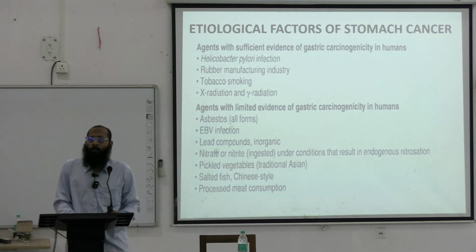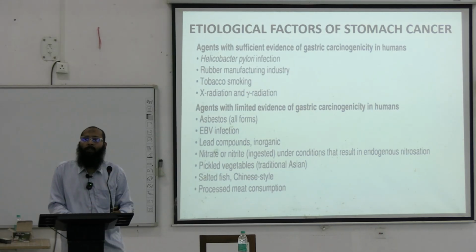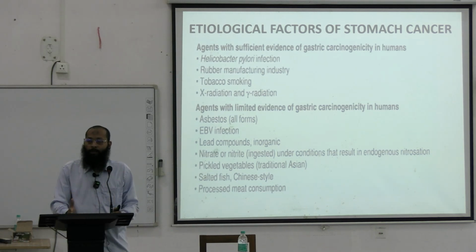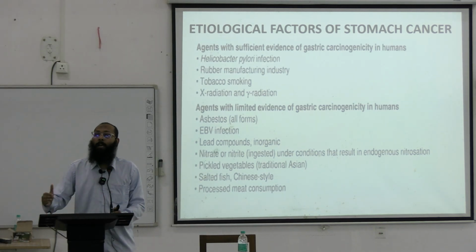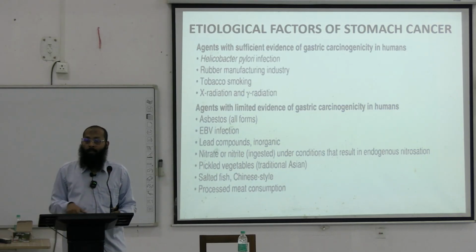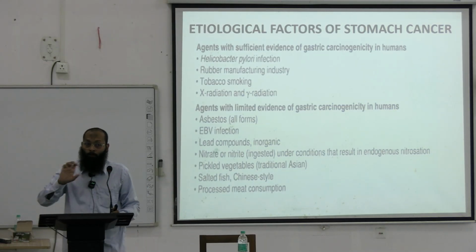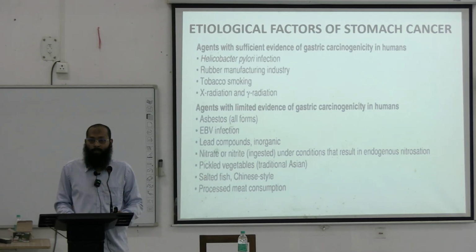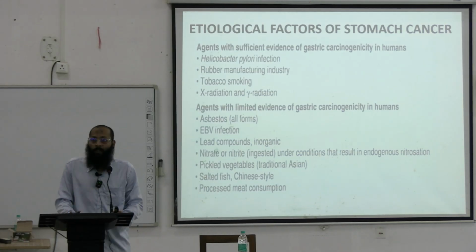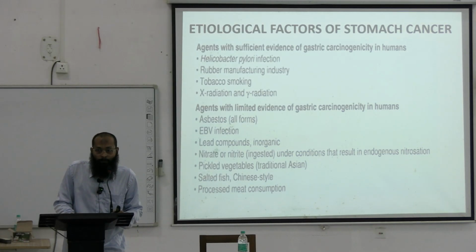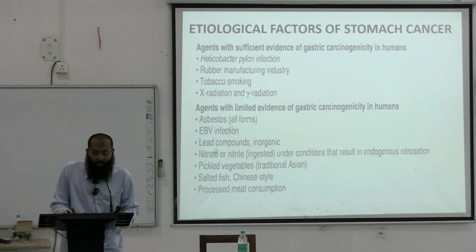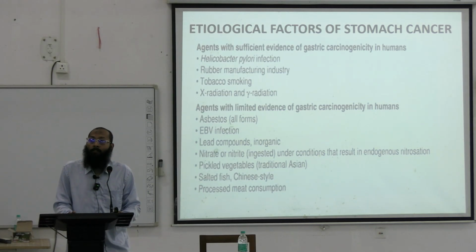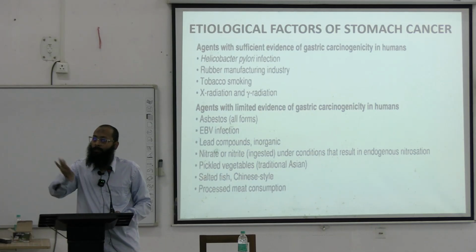So gradually from hyperchlorhydria, the state comes to hypochlorhydria and finally to achlorhydria. Second thing, gastric atrophy occurs because of this excessive secretion of acid. Fine. Now when this hypo or achlorhydria occurs and gastric atrophy occurs, the bacteria starts colonizing the other parts of